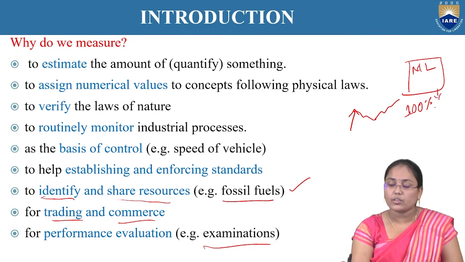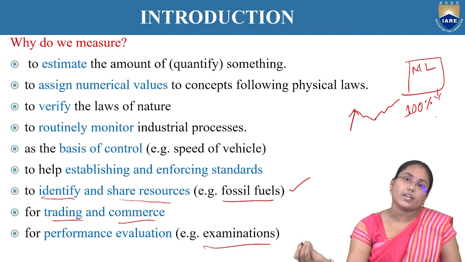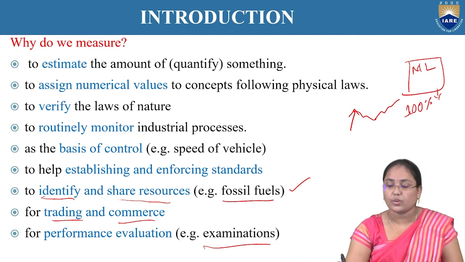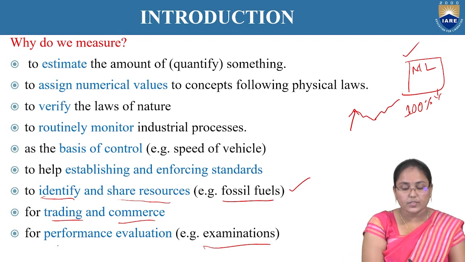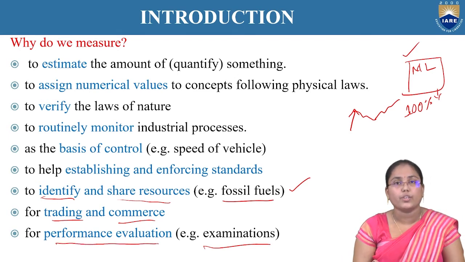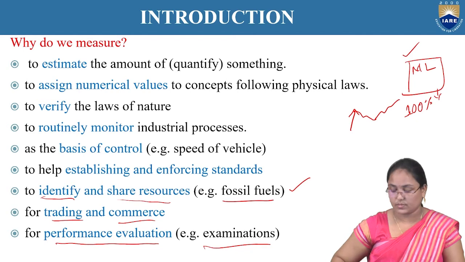So here, in order to check how much accuracy we are getting, definitely we have to do the measurement process, like by using confusion matrices, ROC curves, recall, sensitivity, different things will be there, in order to evaluate the particular system. So in performance evaluation also, we have to do the measurement process.